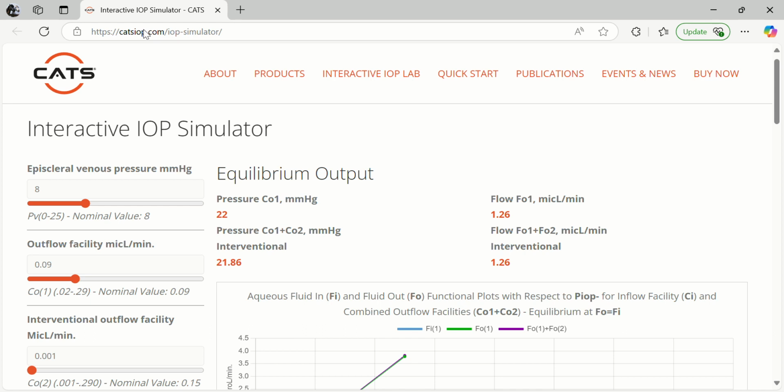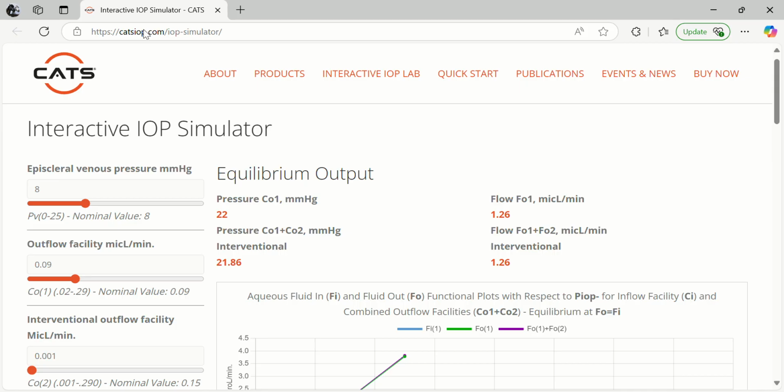This is a tutorial for the interactive IOP simulator. What this allows us to do is to be able to look at the variables that affect intraocular pressure. Intraocular pressure is by far the number one factor in the disease process of glaucoma and many disease processes within the eye. So let's go over and take a look at some of the things that we can do with this